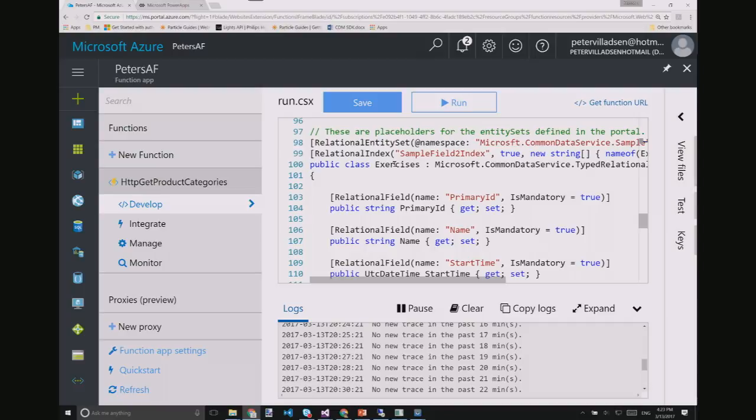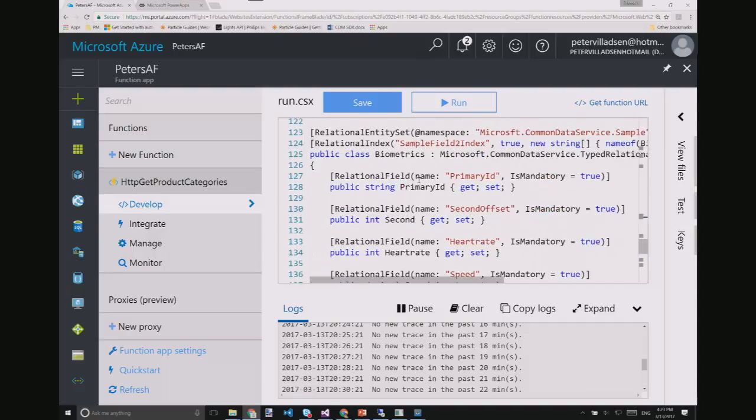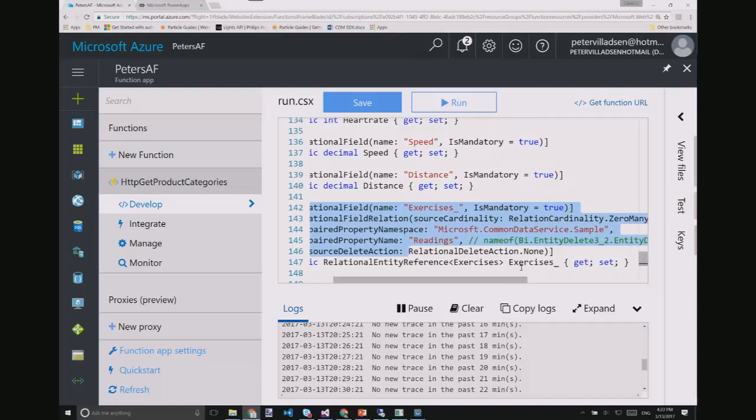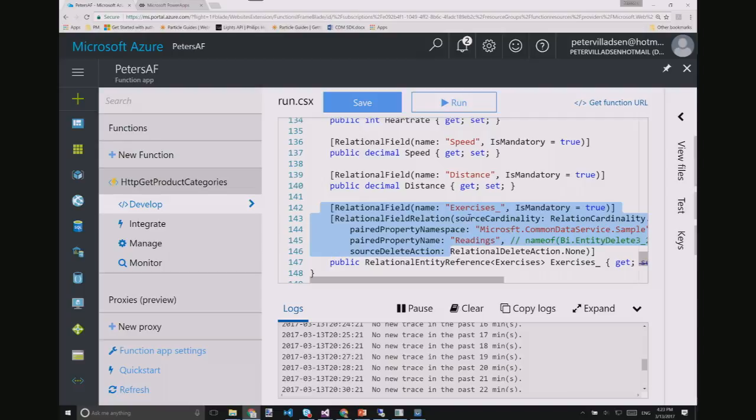So what I did was I created my exercises and my biometrics inline just by doing the same thing that the compiler expects. I put in the properties that describe the strings and so on. I put in the relational field names. I put in the information down here that tells me that the exercises lookup field actually relates to exercises in this particular way here. So that's how it works.